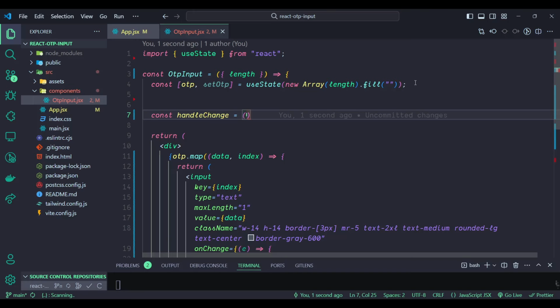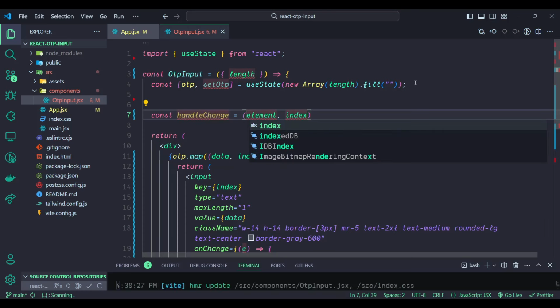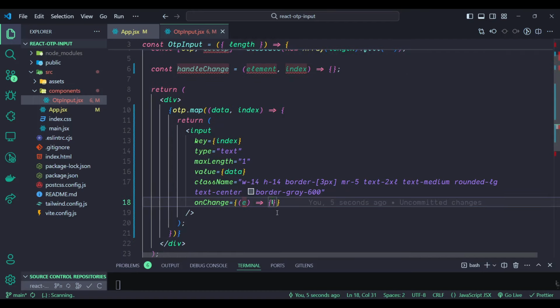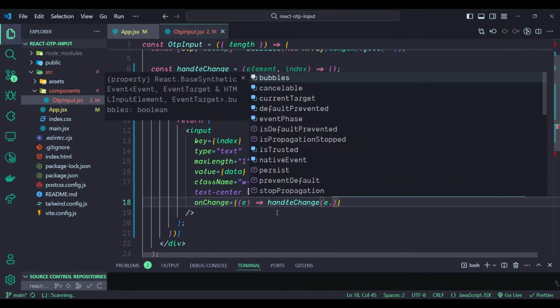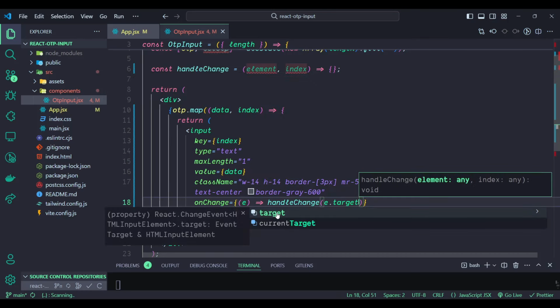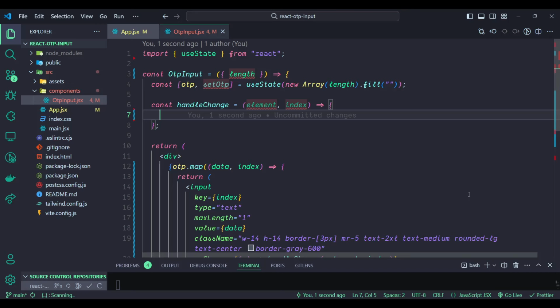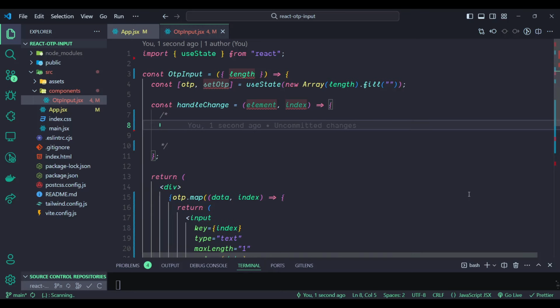It will receive two things. One is element, another one is index. Here, let's call the handle change with the dot target, that would mean the element, and the index. Here inside the handle change, we'll do a couple of things. For example, our target for handle change should be get the input values,